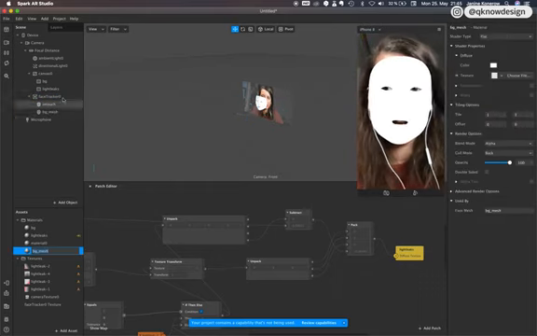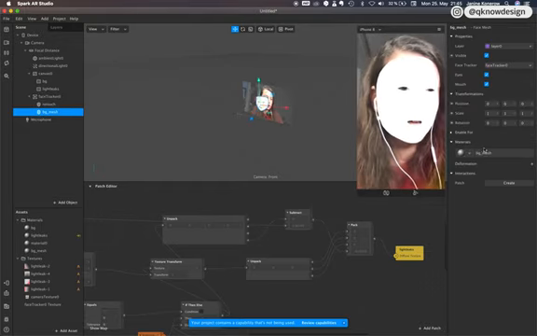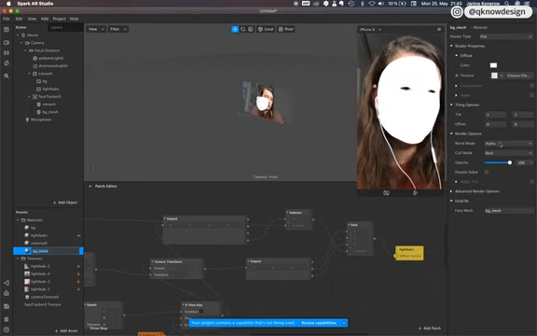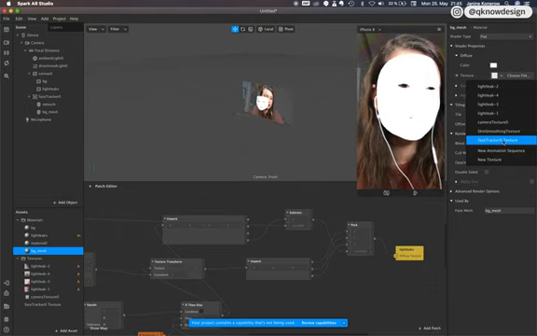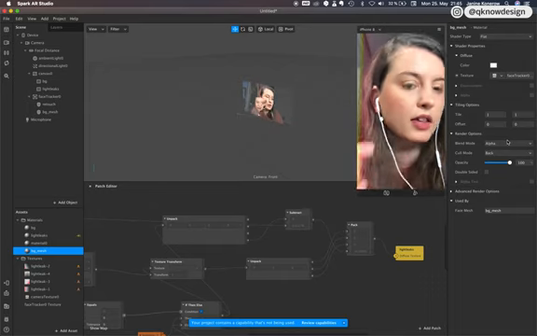So we need a face tracker texture from here. Go to your material, BG mesh, and add the face tracker to it. And now you see the information,